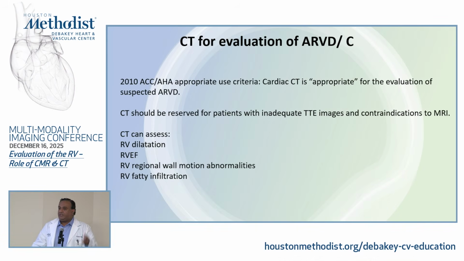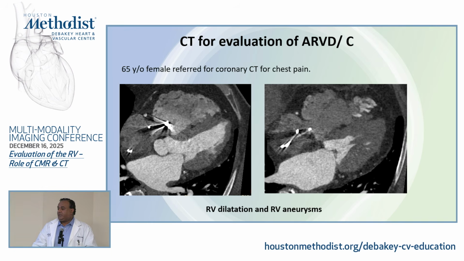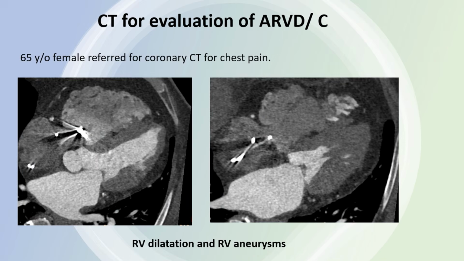Of course, a lot of the things that we talked about, RV dilatation, RV wall motion abnormalities, aneurysms, areas of dyskinesia, fatty infiltration, those are all the things that CT can look at. This is an interesting case because this was one of the days when I was reading CTs. This was just a referral for a coronary CT in a 65-year-old female. So we, of course, read the coronaries, and she had some plaque, but she also had ARVD, which